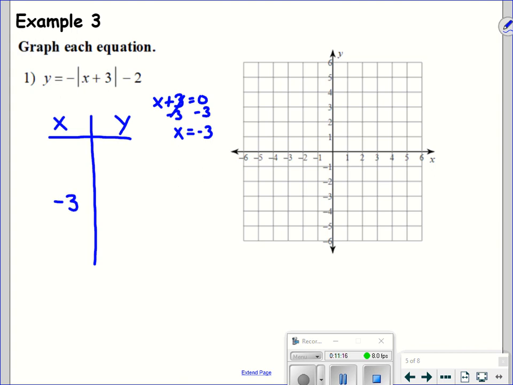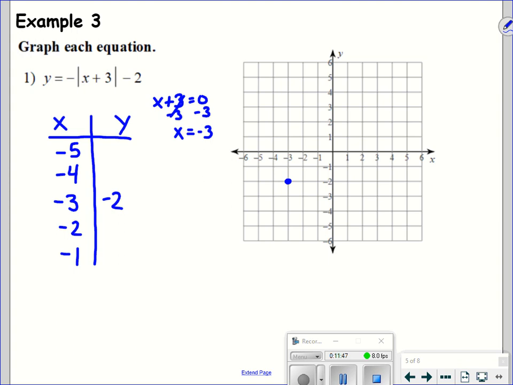So if I plug in a negative 3, it will zero out the absolute value, and then I'll have minus 2 as an output. I know that negative 3, negative 2 is the vertex of that absolute value graph. And then from there, I'm going to fill in my table with 2 values on either side. And we remember the symmetry of the graph. We should be able to use some reflections to help us out here. But we just plug them in and find the outputs that go with them, and we should see an image show up that looks like that V-shaped graph we saw earlier.